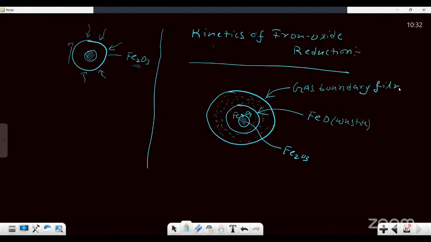This is the gas boundary film. So this is how the reaction progresses. Right. Now,